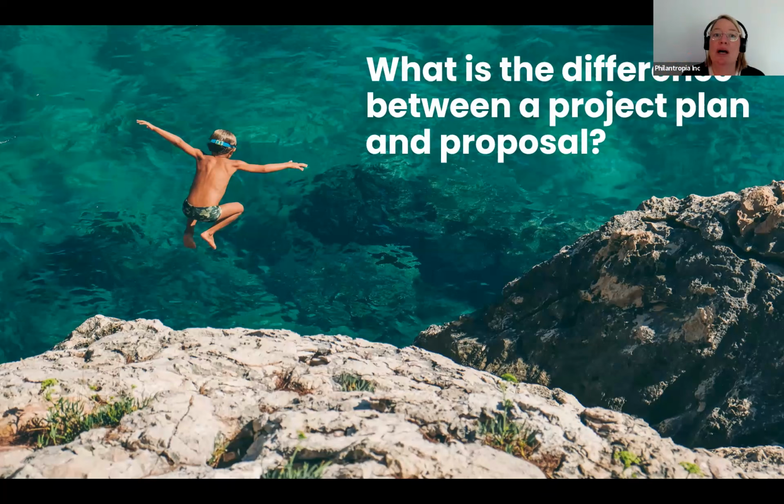But if you are looking for a donor, you need to find out what the donor wants to see, the angle. So let's stay with the swimming issue. Let's say we propose a project that gives swimming lessons to kids. That's our project plan. But then how can we fund that? We could go different directions. We can approach donors that fund health issues, because it's a health issue as well.